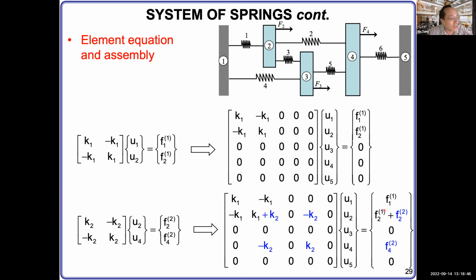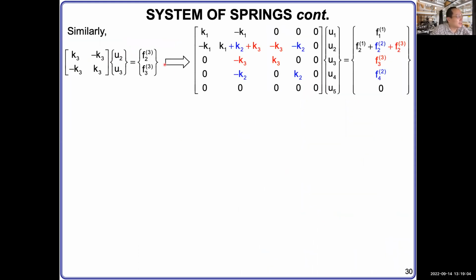So you start to add the force together on the right hand side. Add the spring constant into the matrix at the left hand side, but keep the displacement all the same. Most of those displacements are unknown, so you keep the displacement there. Now, we repeat the same thing for element number 3. Based on the connectivity map, you know how to write those notations here, right? And then you add it into this format.